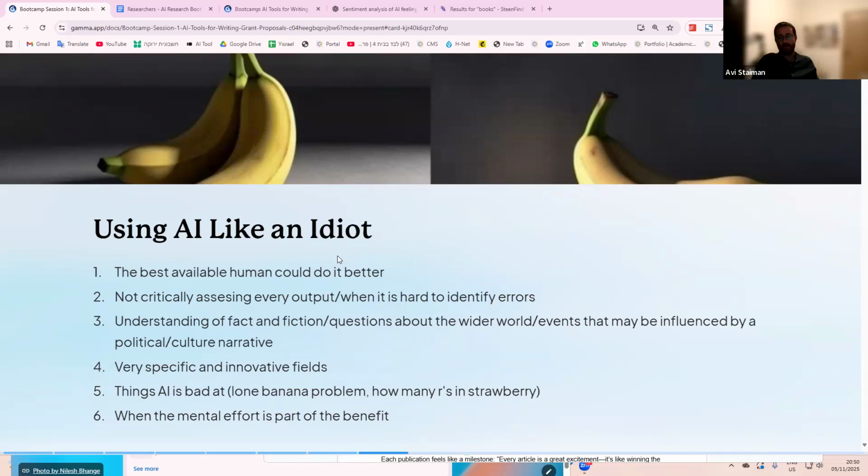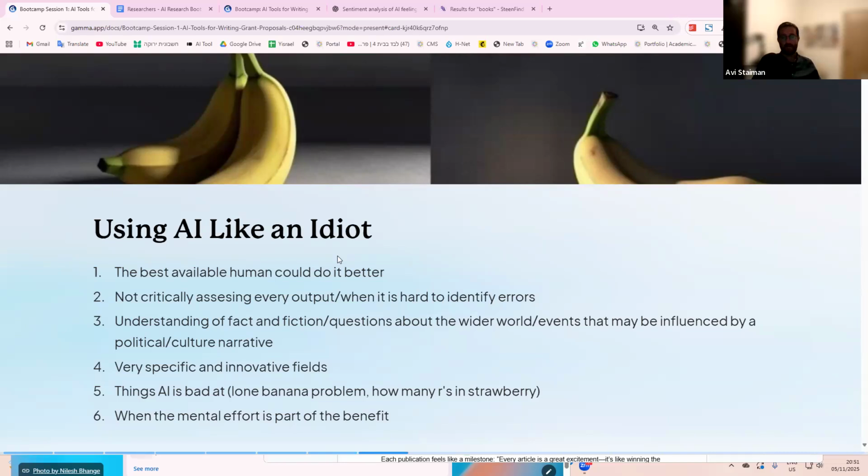I'm more careful when I'm asking questions about very specific or innovative fields. So, like I said before, if I'm asking who the first president of the United States was, most likely it's always going to get it right. If I'm asking about a very specific technique, which only me and a few colleagues in the entire world use, I might say, well, it might not know. It might not have enough information or right content within its databases to really be able to give me an accurate answer. So consider, again, if this were a student, how easy would it be for them to come across relevant information that would be accurate and up to date? There are certain blind spots with AI.